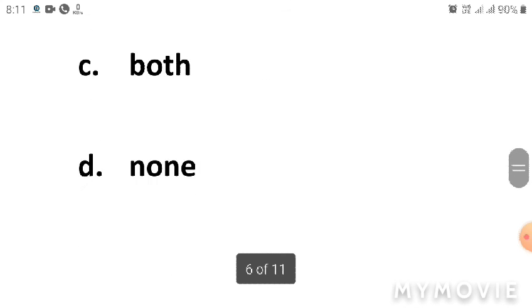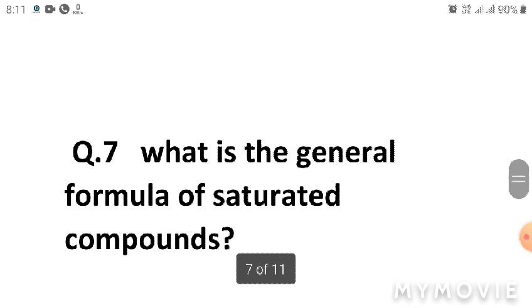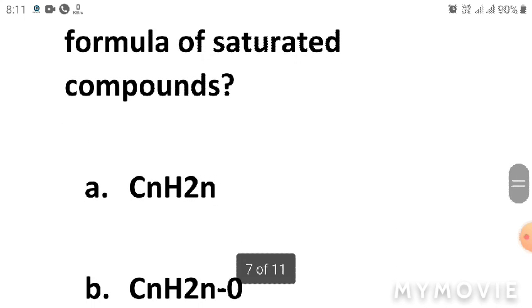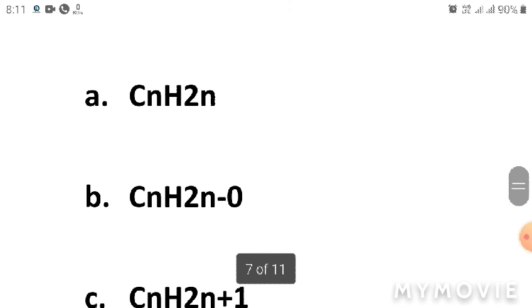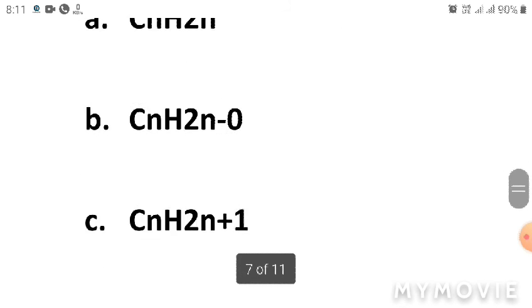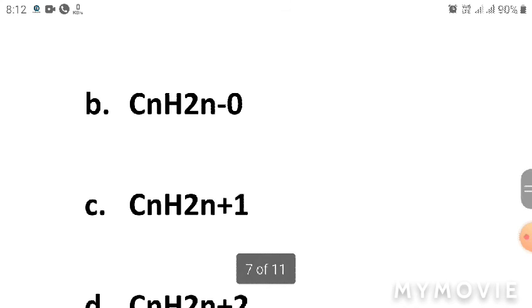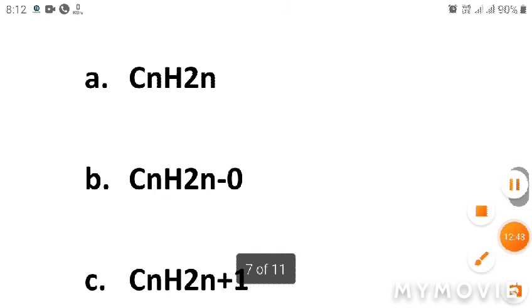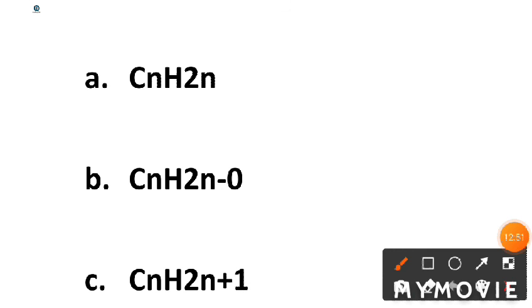Now we see the next question, question number 7. What is the general formula of a saturated compound? Options have been given: A. CnH2n, B. CnH2nO, C. CnH2n plus 1, D. CnH2n plus 2. So first we have to know that in saturated compound we know that only one kind of compound, like alkane. So its general formula is